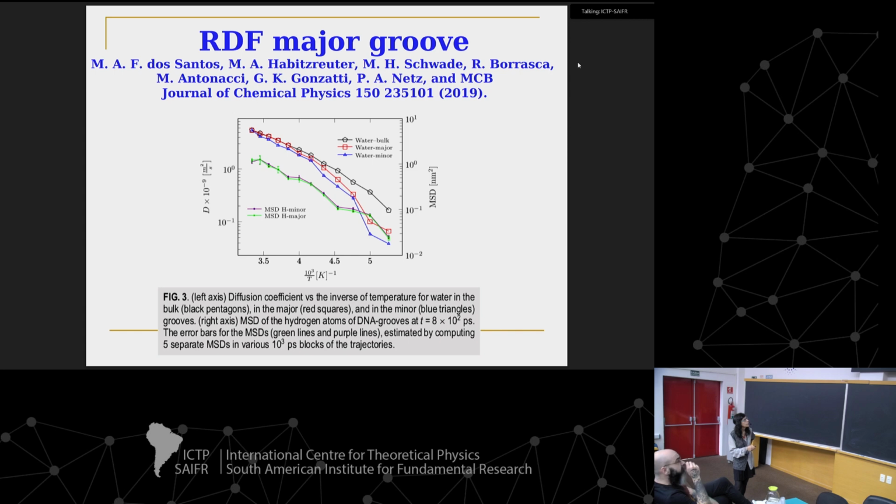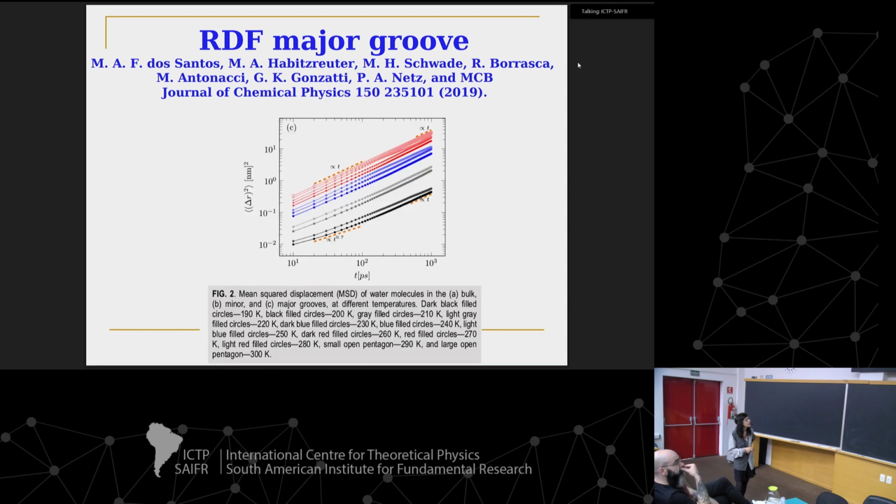And here we do the mean square displacement, not of the diffusion coefficient, but with the hydrogen lifetime for the minor and major groove, in which you can see that you have some regions in which you change, like different dynamics changing, like we observe here,